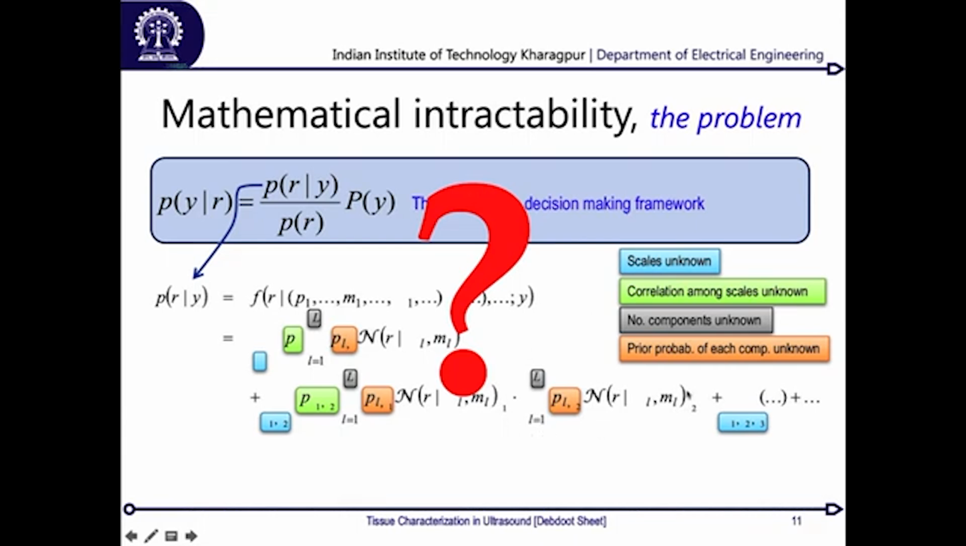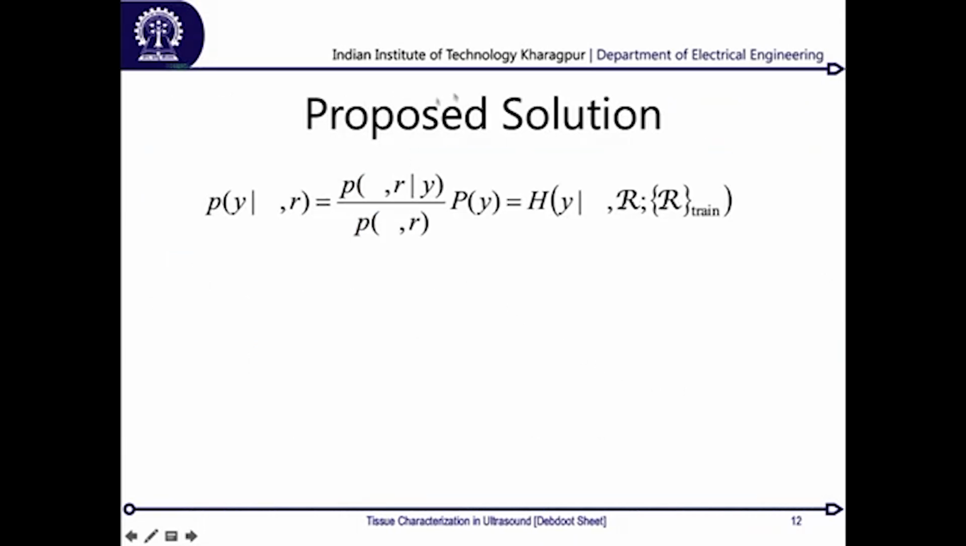Now in order to solve this, we have a proposed solution in which this posterior probability of belonging to a tissue type Y, given a particular signal value R and some unknown factor,